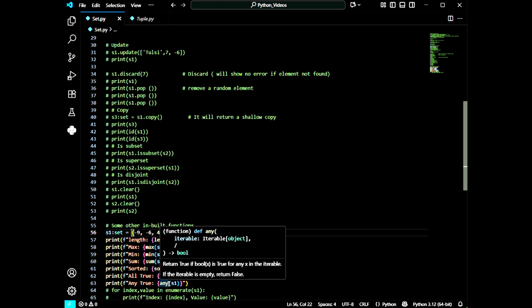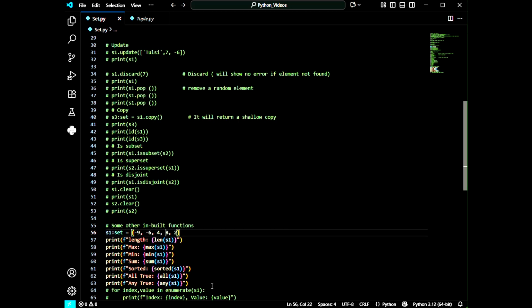With the help of the any function we can find out whether at least one element is 0 or not. If at least one element is 0 in the set, then it will give us true. Or if no element is 0, then okay, let me first run the program, then I will discuss all and any function again.